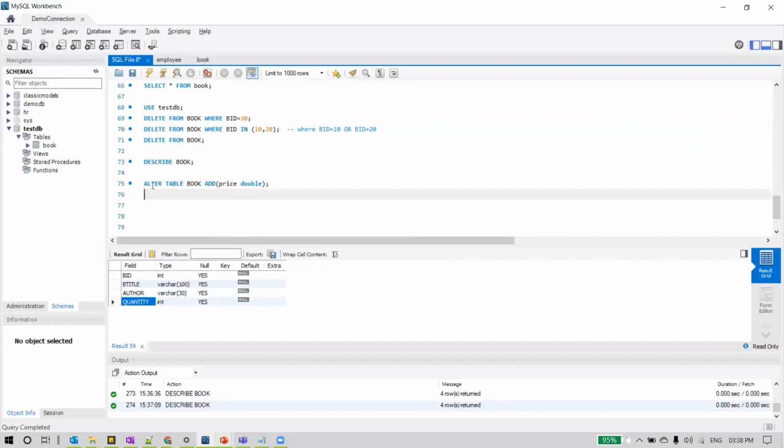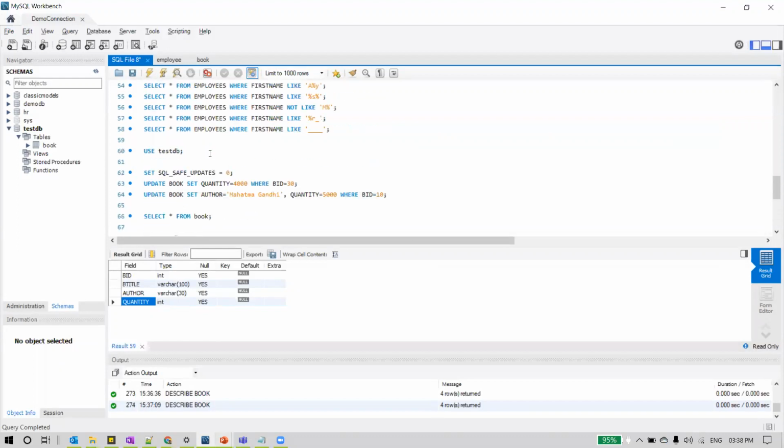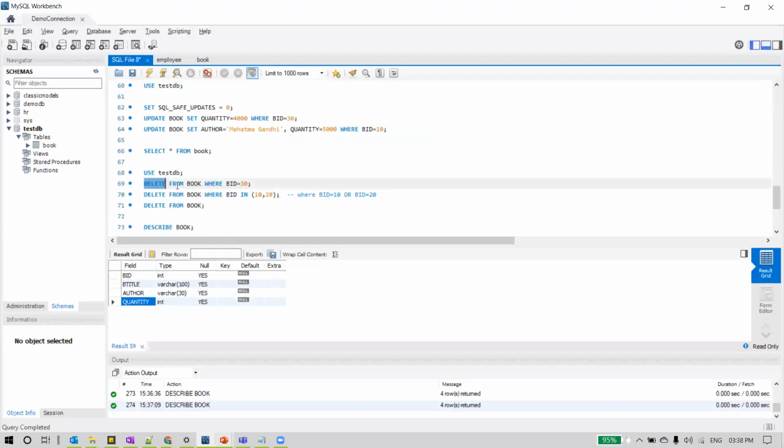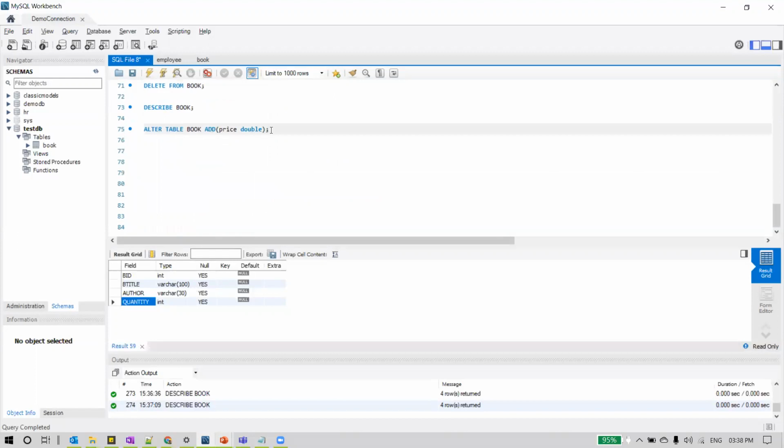Alter table. Why are we using alter here? We already have the table, and we want to modify it, so we should use the alter command. Alter table, and observe that we are using the keyword table here. In the earlier DML statements, we never used this keyword. We directly wrote delete from table name, or update table name. But in DDL statements, you can observe the difference: we need to specify the keyword table also. Alter table, then the actual table name.